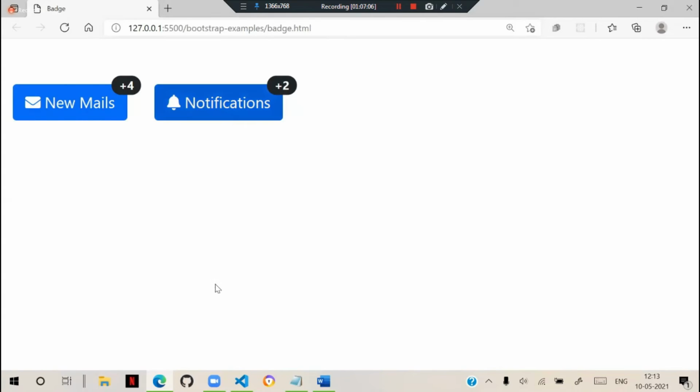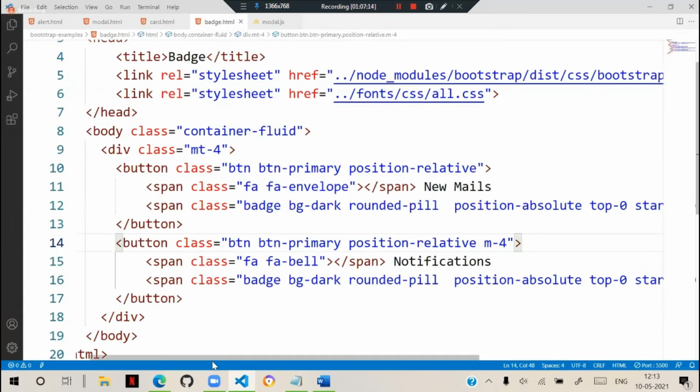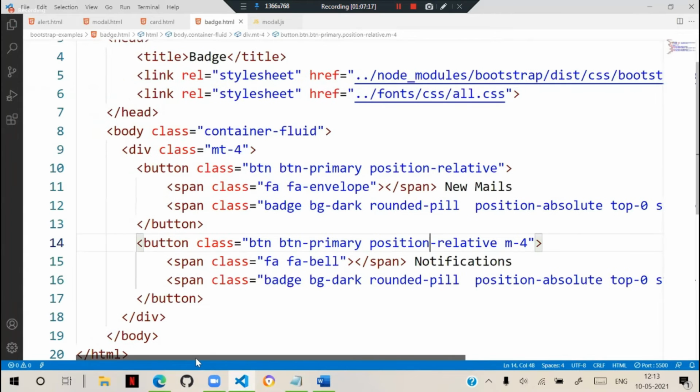Badges are used for this kind of options. And some changes are made in the badges actually. The changes in the badges are that earlier we used to have badge-pill and options, which we now change by using rounded-pill and options.